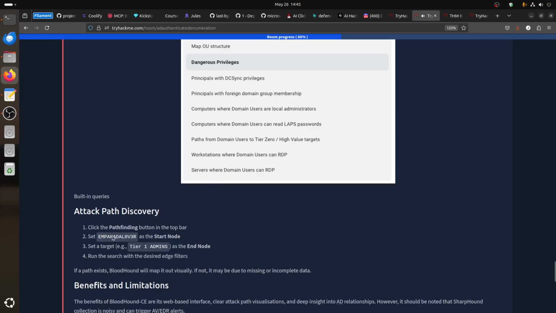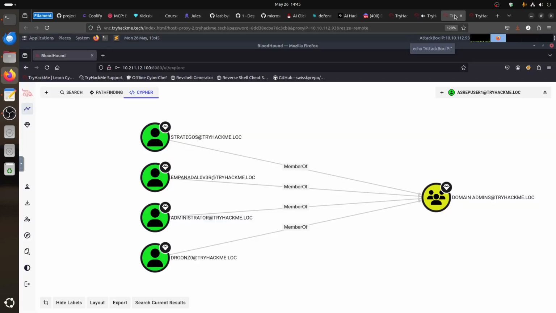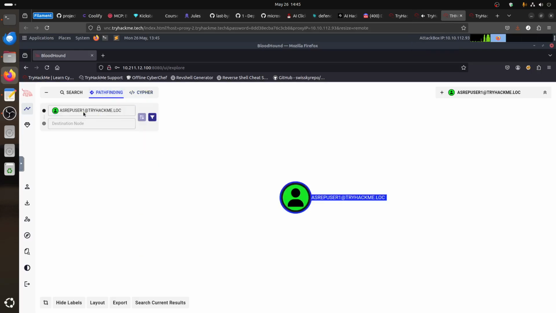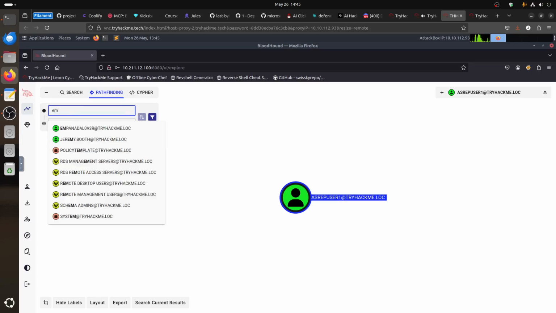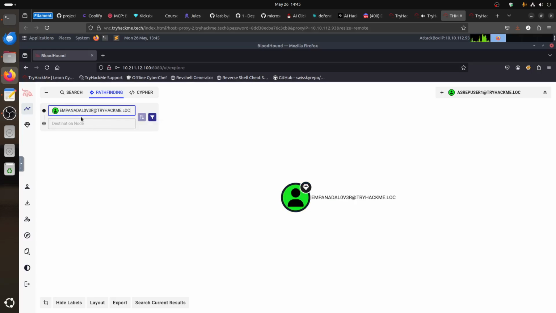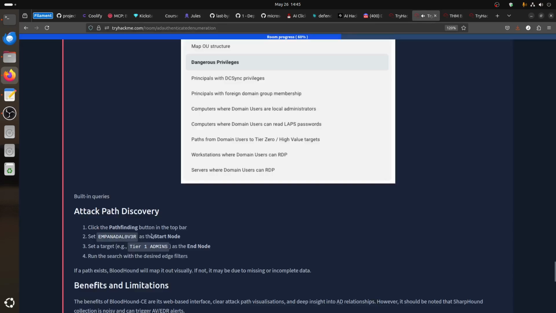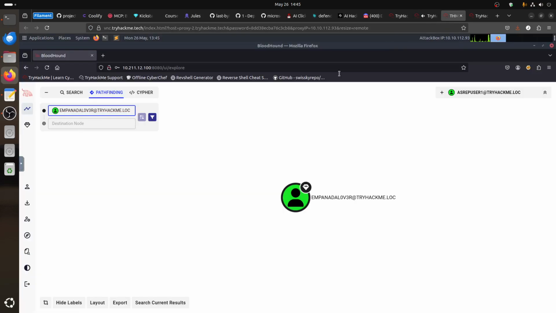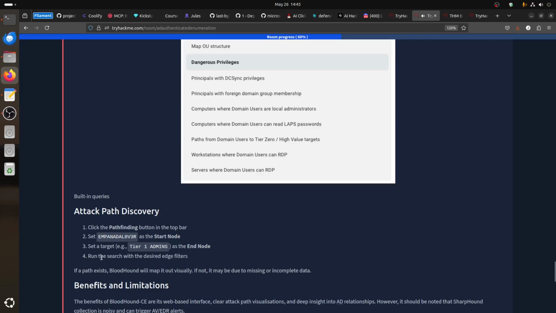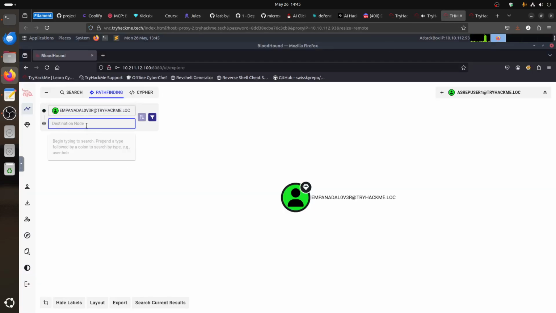Attack path discovery. Click the Pathfinder button in the top bar. Set the start node. Set what? Pathfinder, set the start node to the user, let's make sure that's the one, and then set the target to Domain Admins. So if you want to find a way to domain admin,